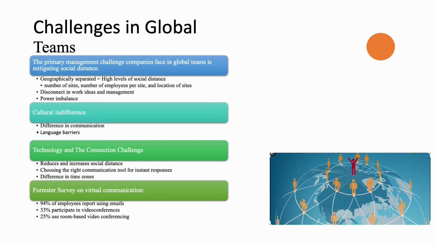The reason for this is because companies located in different countries have to communicate with one another using different forms of technology, which may cause delays in communication. This can lead to a disconnect in work and management with employees located outside of the main headquarters. The disconnect in management also leads to a power imbalance, described as groups of employees being outgrouped from the main headquarters because of a lack of communication and management.